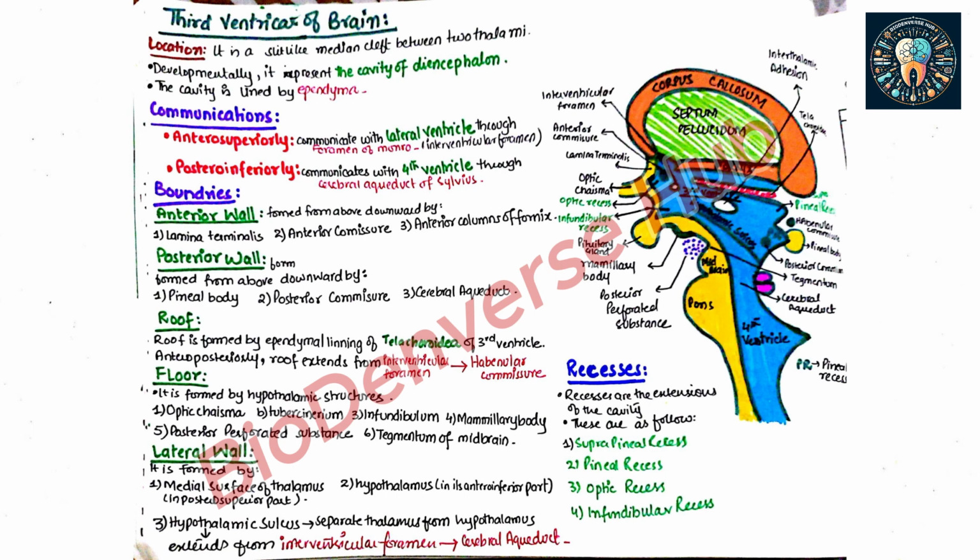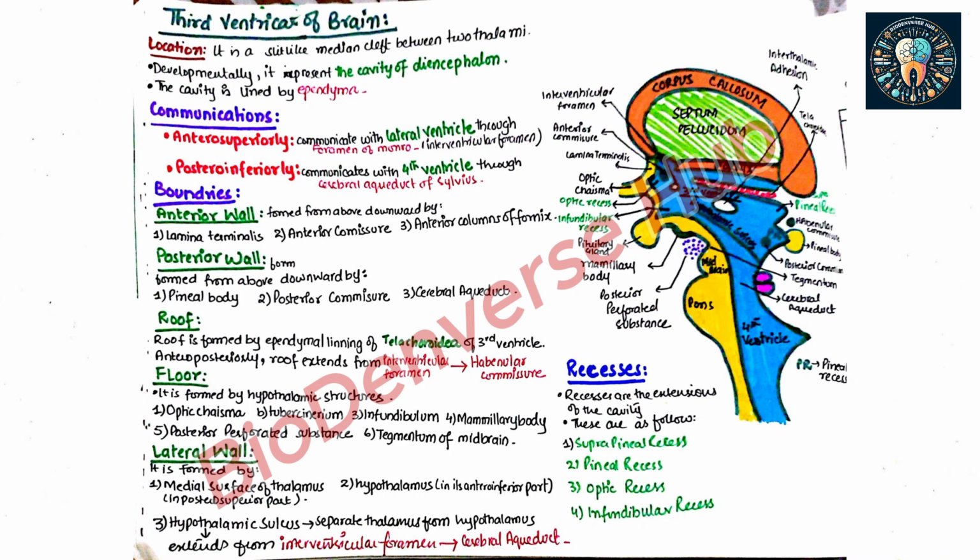After that, we will be studying about the boundaries of the third ventricle. So the anterior wall is usually formed from above to downward by the lamina terminalis, anterior commissure, and anterior columns of the fornix. The posterior wall is formed from above to downward by the pineal body, the posterior commissure,